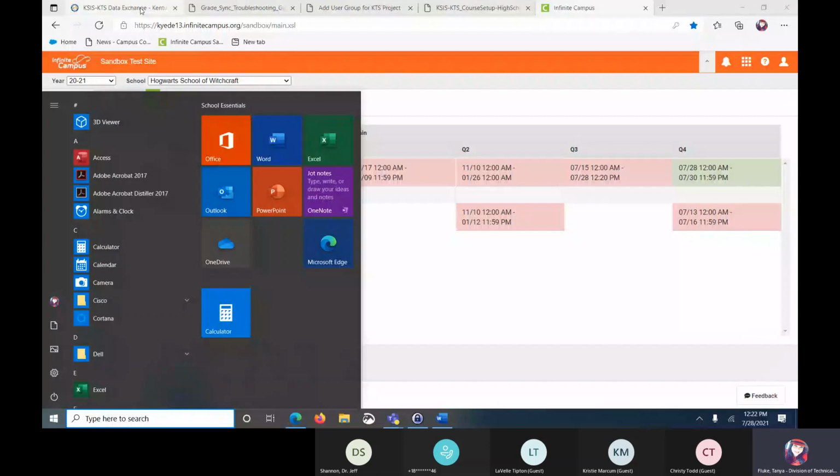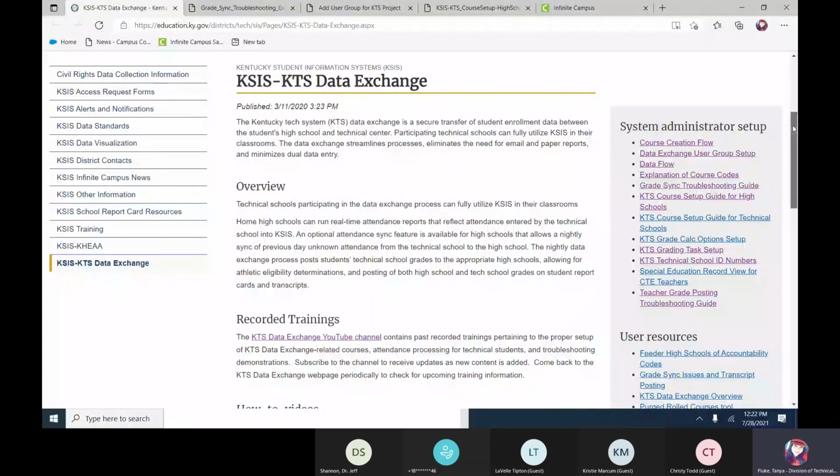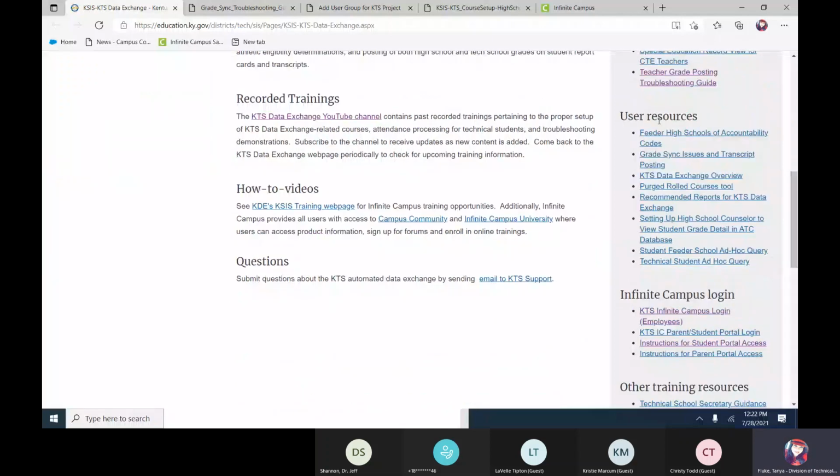Going back over to the KTS Data Exchange webpage, there's more information here for you. Under user resources, this is a really good tool for you. Under user resources, you want to look for the technical student ad hoc query. You can create this query to your account